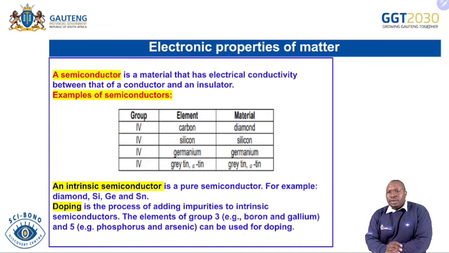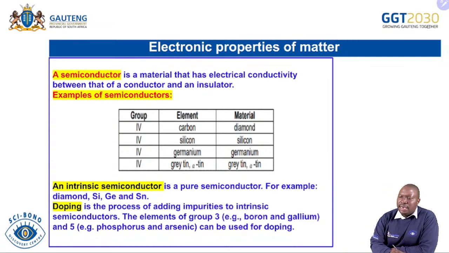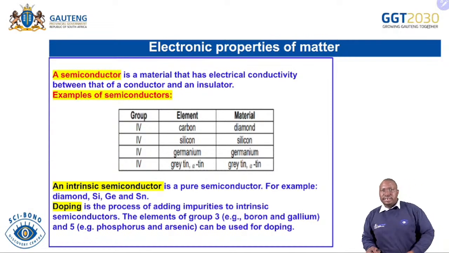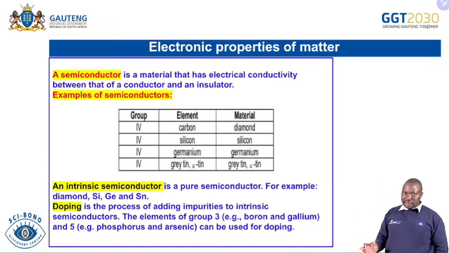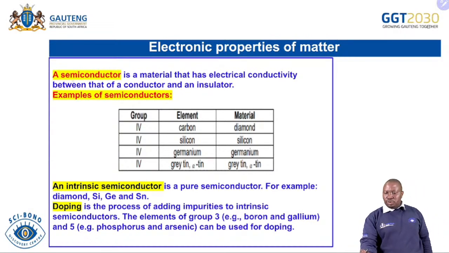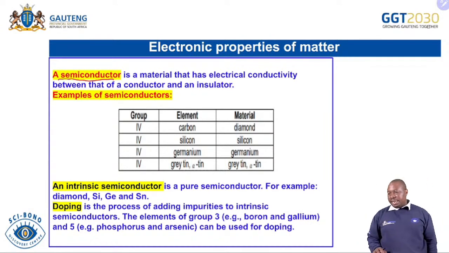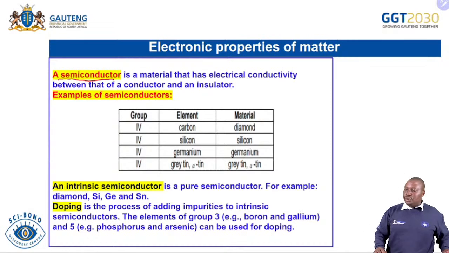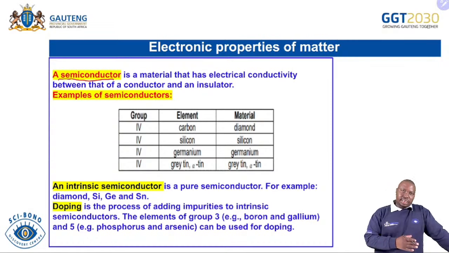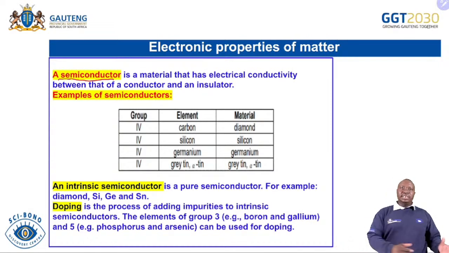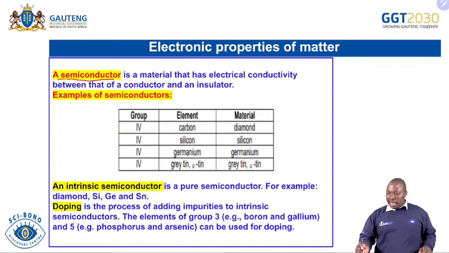Now, when it comes to electronic properties of matter, learners, we are talking here about a semiconductor. You know a semiconductor, you will know a good conductor. The wires that you are using at home for electricity and all that, they are good conductors of electricity. So today, our focus will be on semiconductors. A semiconductor is a material that has electrical conductivity between that of a conductor and an insulator. So it has both properties of an insulator and properties of a conductor. So hence we call it